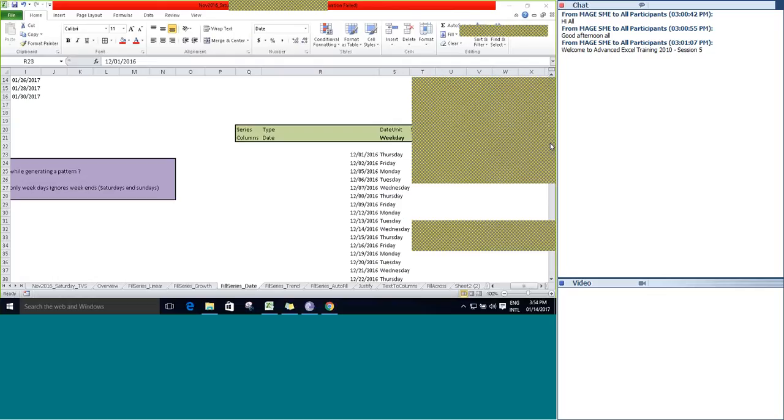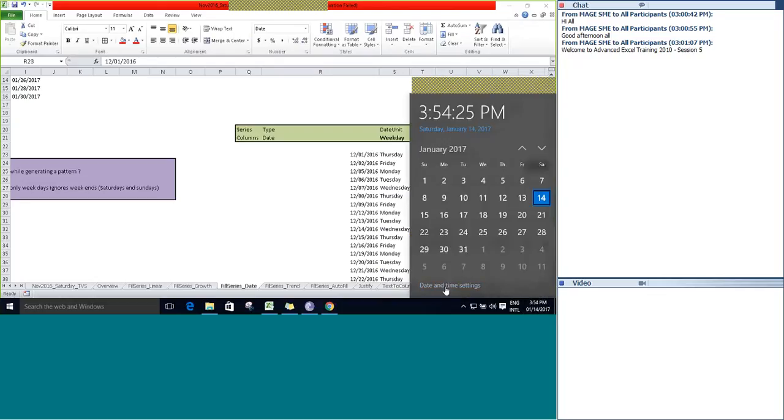If you want to change it to a date, then a month, and then the year, so if you want it displayed in this particular format, then what we can do here is go to your calendar, date, and time settings.